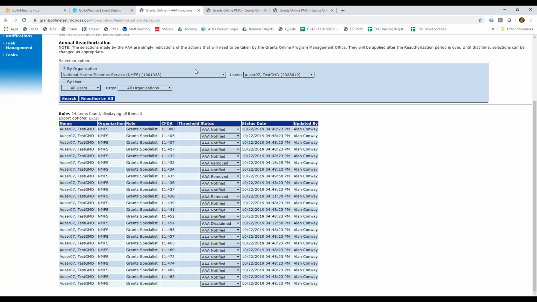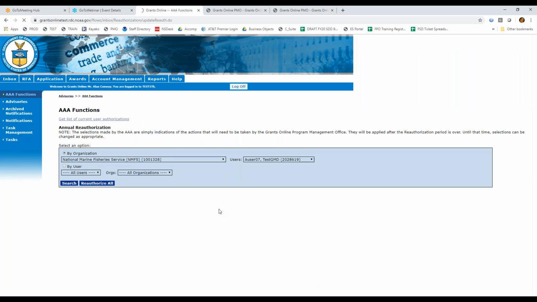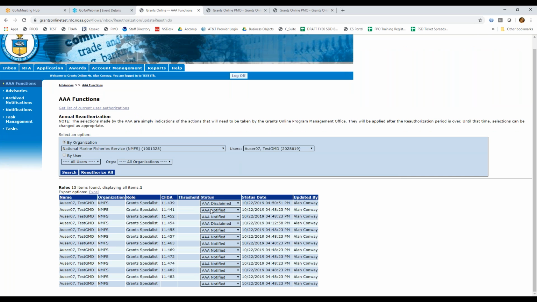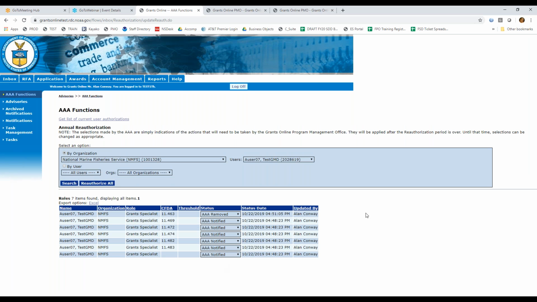So for this particular organization and user, I have 24 records in the system. As I make changes, I'll make a change here. The one I just made a change to pops to the top, and the ones that are above it are gone, and then we can keep going down the list making changes as needed. Okay? All right. So notice I did not select reauthorized for these particular records because I want to use my